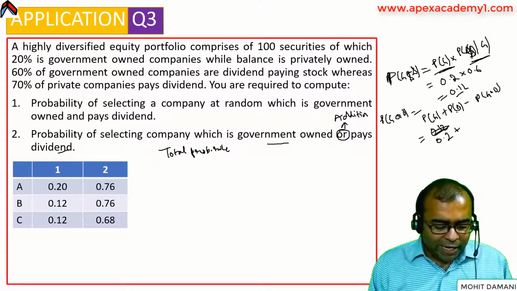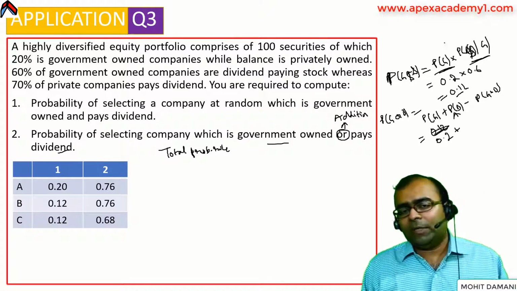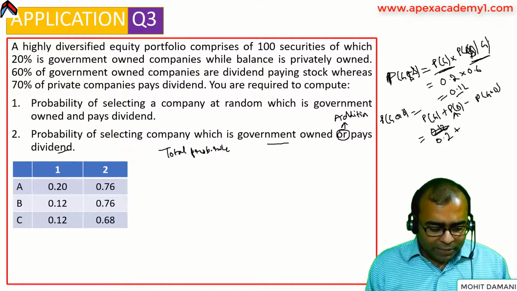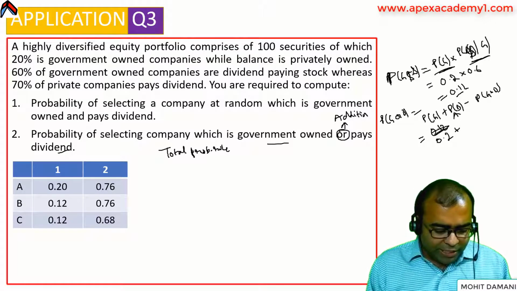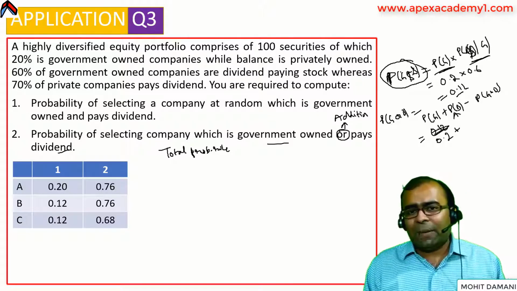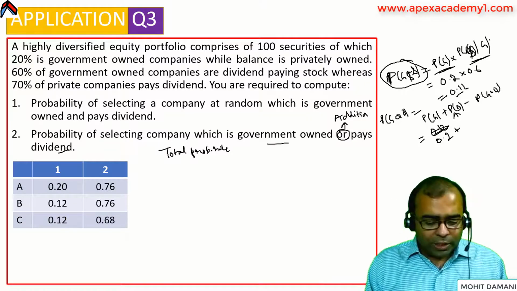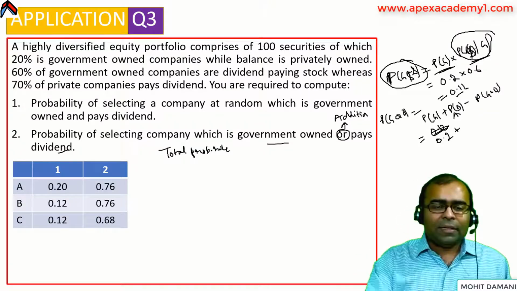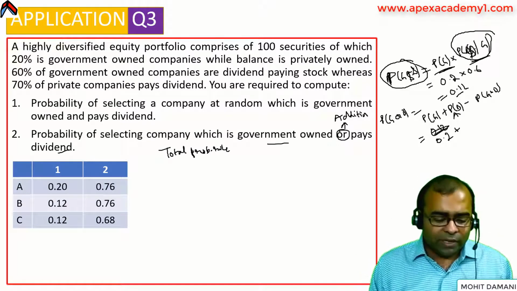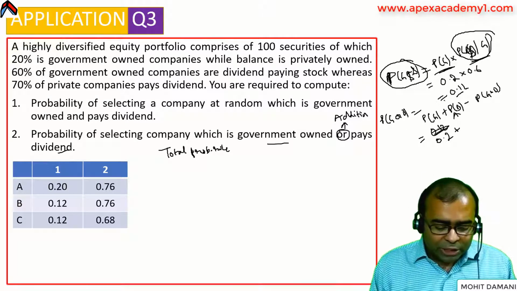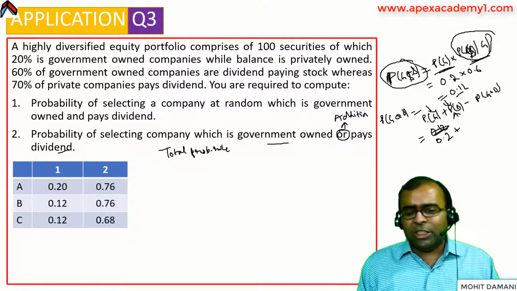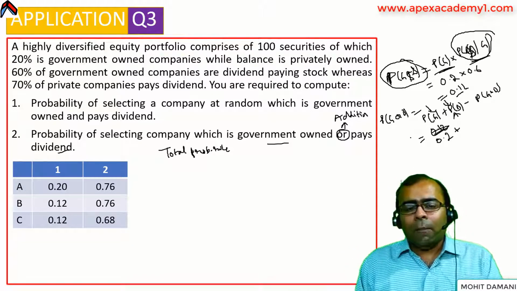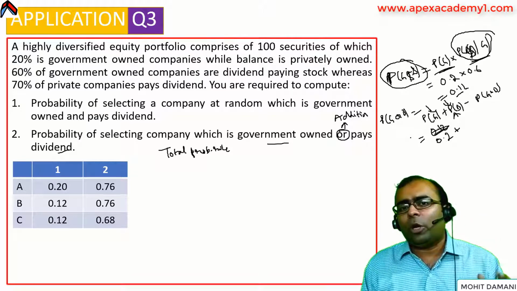If you want to find unconditional probability, there were three types of probabilities. One was joint probability, which represents this one, P(GD), which is 0.12. Both events happen at the same time. Second was conditional, which represents this one, P(D given G). Something has already happened, then how will it affect the probability of another event? And one is unconditional probability, which is P(D) or P(G), whatever happens in the world or doesn't happen in the world, my probability remains unchanged. That's why it is called unconditional.